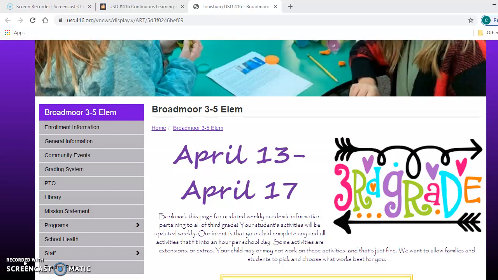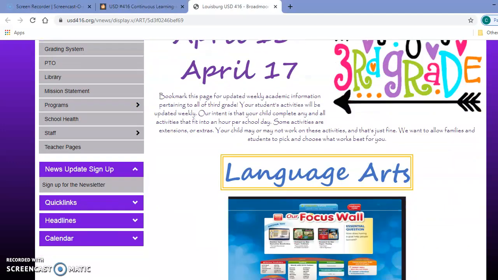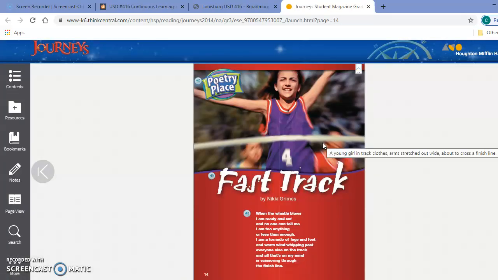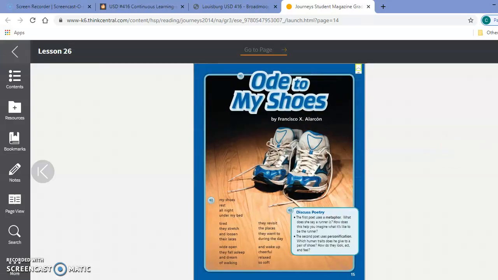If you come to the third grade website, you can scroll down to Language Arts, and we're looking right here on Wednesday. Today we are going to read two poems in our magazine. The first poem that's going to come up is called Fast Track by Nikki Grimes. And then if you hit over, you'll have a second poem called Ode to My Shoes. And then when you're finished reading both poems, this little box right here has some discussion you can do with